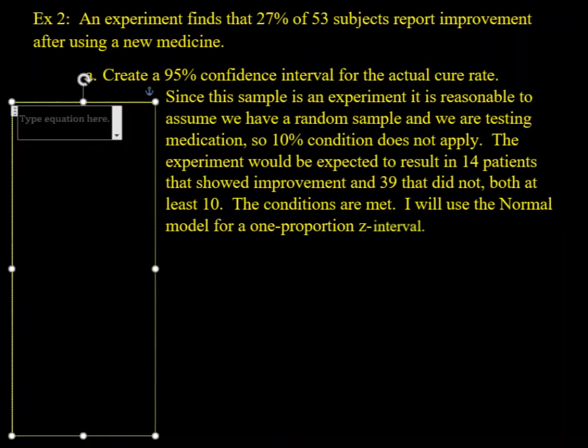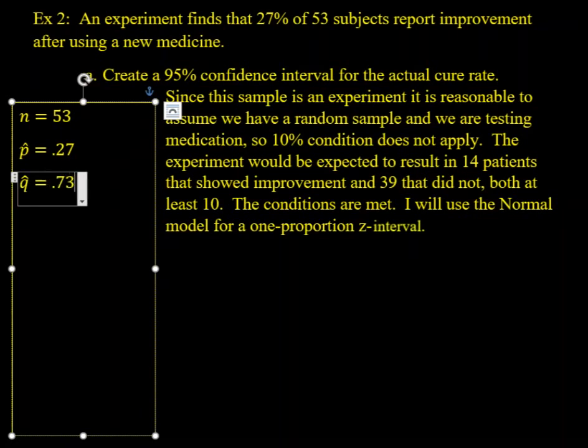Okay, so n equals 53, p hat equals 0.27, that's given to us, 27%, and q hat equals 0.73. Again, the hat, because this is from a sample, it's not the true value. We're not taking a census. So we need to find the standard error. The standard error of p hat